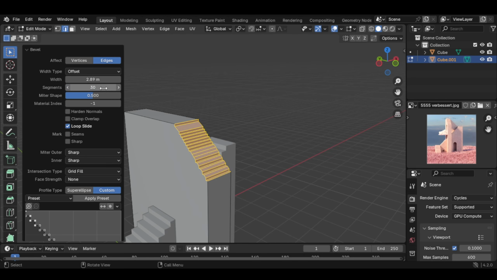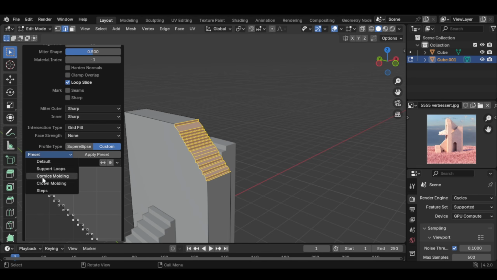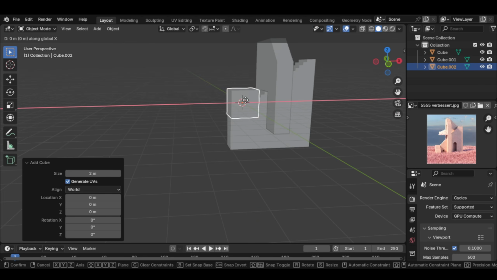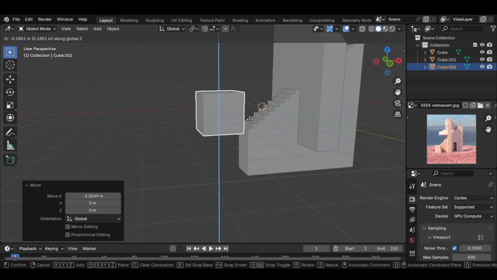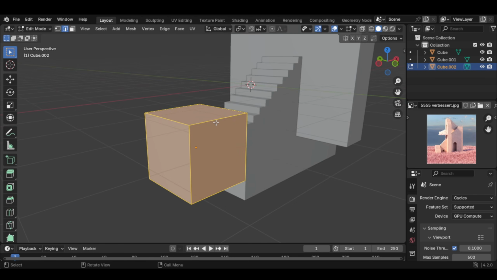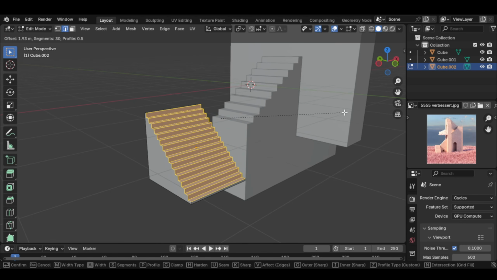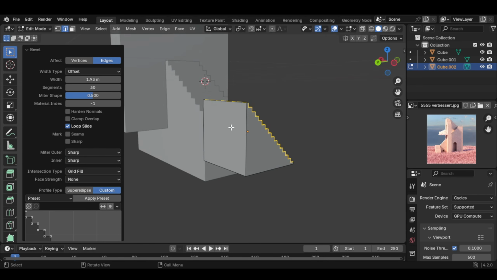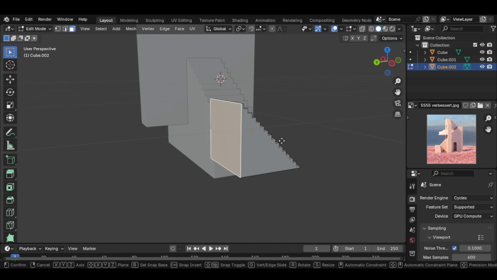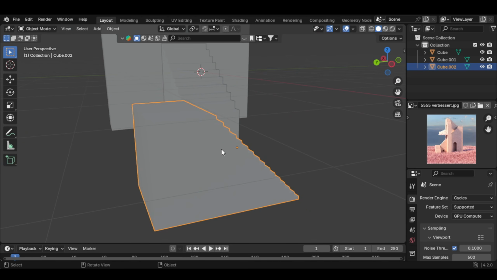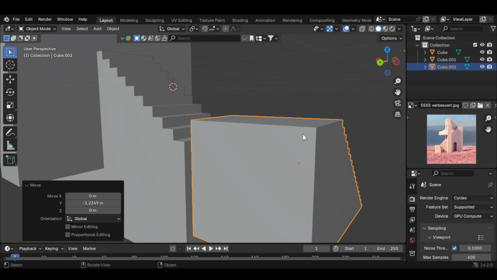select 30 steps and select steps again, add another cube, G and X, G and Z, go to edit mode, select this edge and bevel it again, select this face and G and Y, place it, G and Y, G and Z,